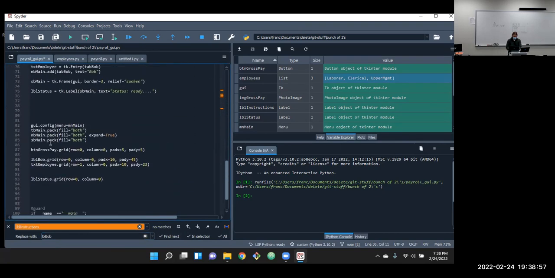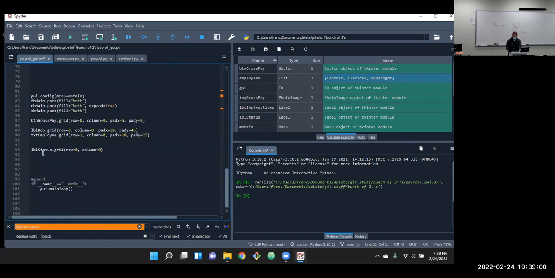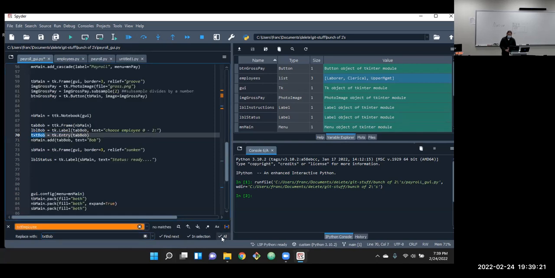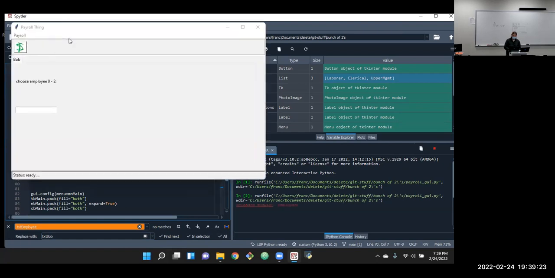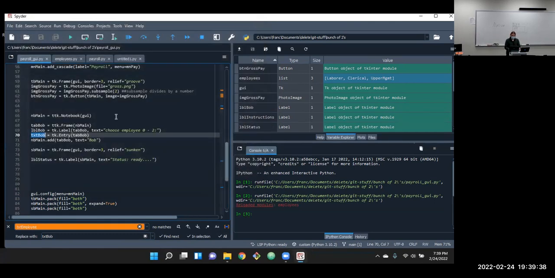Everywhere in the code. So I probably would have missed one because the focus went all the way to the top. So I'll do the same thing here. TXT Bob. So I'll select this, hit Control R, find that and replace it with TXT Bob everywhere, and just hit replace all. There we go. So now those labels are specific to Bob. So that's the input for Bob's hours. And we're pretty much out of time. But then a label, which will obviously change here very soon.